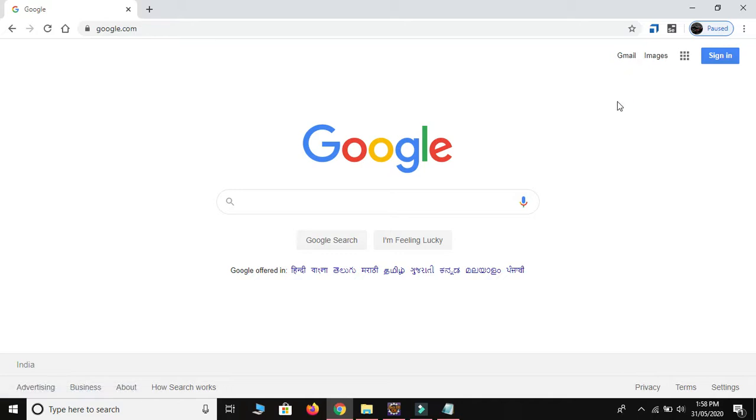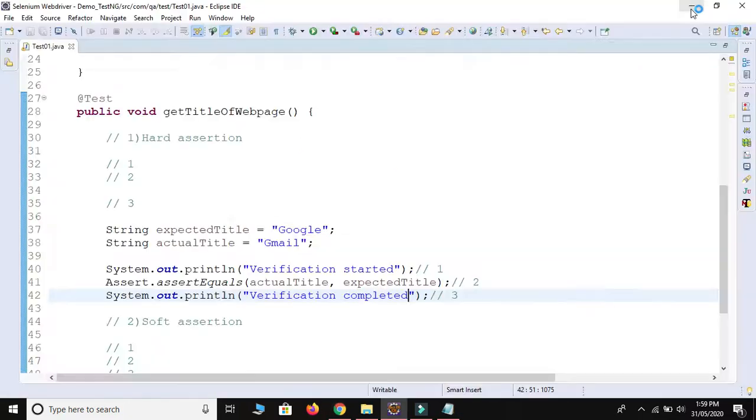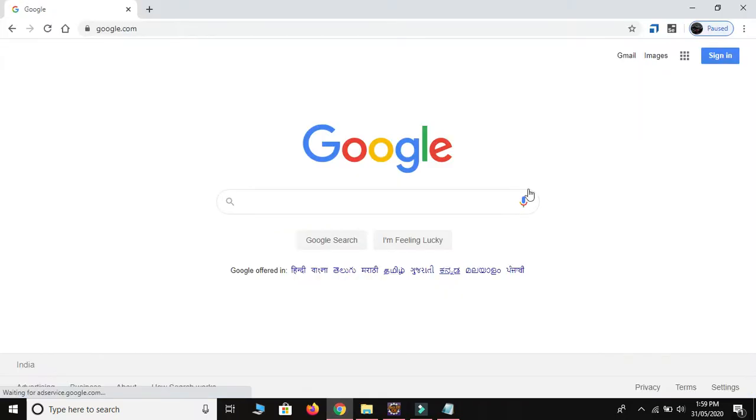If the Gmail web element is present, then we need to verify this images web element. But if the Gmail web element is not there on the screen, then we don't need to perform verification for this images web element. So sometimes we need to handle some dependencies. In this example, the images web element depends on this Gmail.